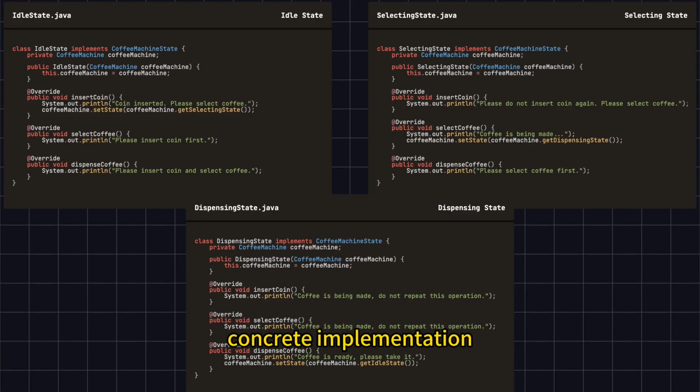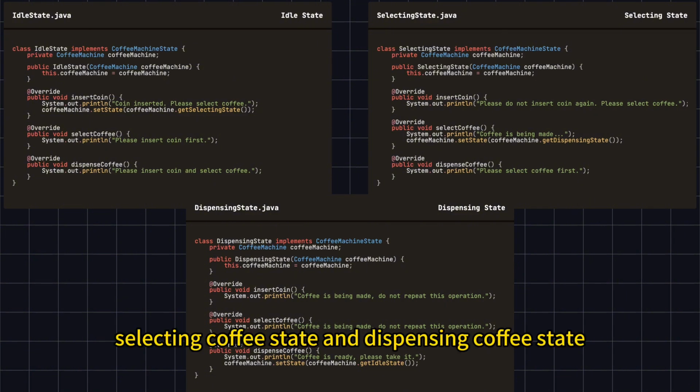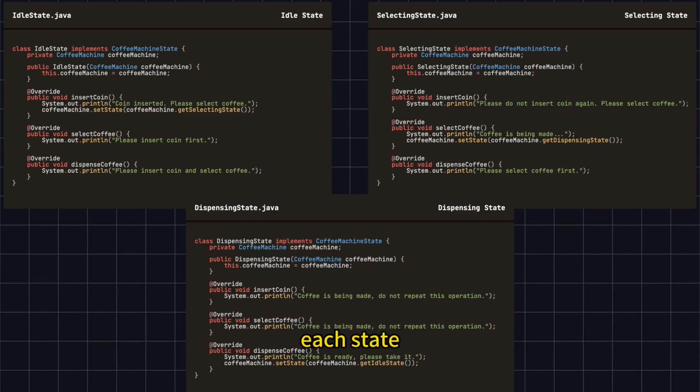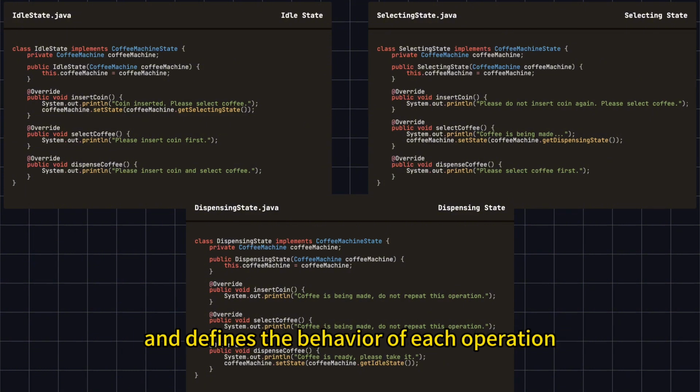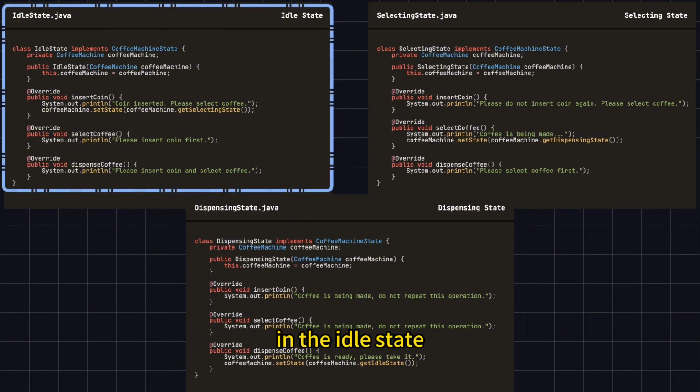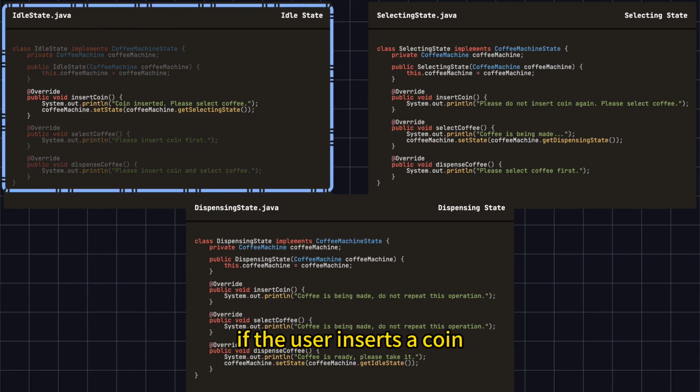Next, we create concrete implementation classes for each state of the coffee machine. These include the idle state, selecting coffee state, and dispensing coffee state. Each state class implements the coffee machine state interface and defines the behavior of each operation according to the specific state. In the idle state, if the user inserts a coin, the system prompts, "Coin inserted, please select your coffee,"